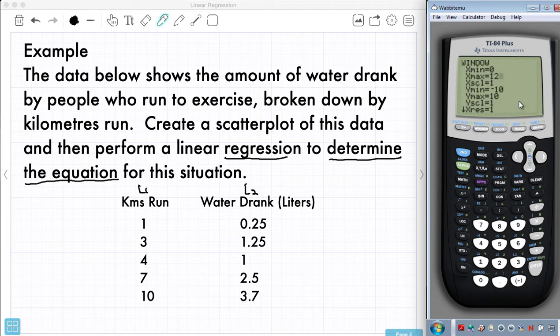That just keeps the points of your scatter plot from sitting right at the edge of the calculator screen. For water drank, nobody is drinking less than 0 liters, so I'll put 0 in for my y min. And for y max, I'll go a little higher than 3.7, maybe I'll put in a 5. Again, these values aren't exact, you're just roughly trying to change your window so you can get a better look